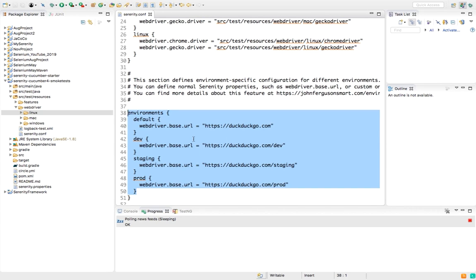We will also see how you can use the different environments. Let's assume you have different landscapes: you have dev landscape, staging landscape, production landscape. You don't want to make changes in your test scenarios, you can come to this configuration file and you can make the changes. Now the last part and the most important part is the feature file,